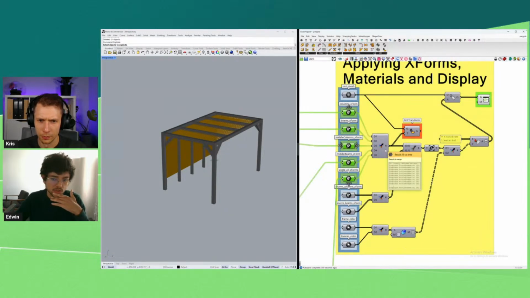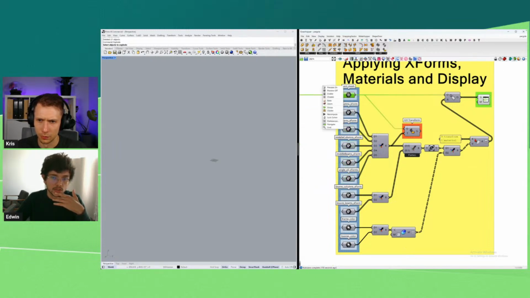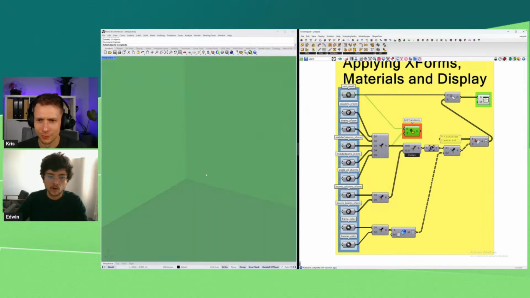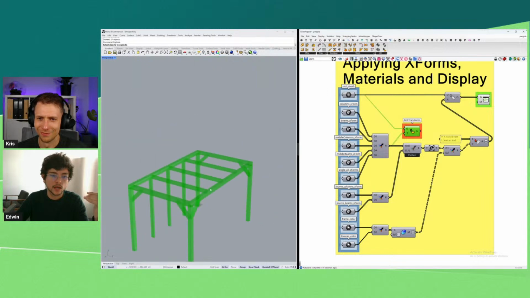So it's not geometry, it's just transformation. And the only geometry that I have is this mesh, which I call unit mesh, which is basically just a cube of 1 by 1 by 1 unit.